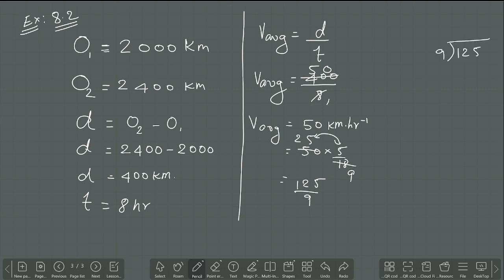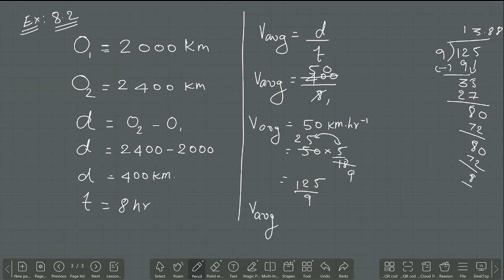Go along with the normal long division. 125 by 9. 1 9 is 9. Subtract 12 minus 9, 3. So bring that 5 down. How many 9s are there? 3 9s are 27. Remainder 8. So add a 0 and keep a decimal place over here. 8 9s are 72, balance 8. Again add a 0, again 8 9s are 72, balance 8. So it is going on repeating like this. So just write it as average speed is equal to